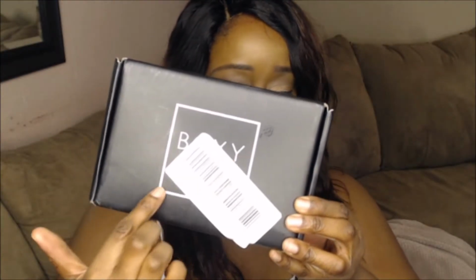Alright y'all, here's the box, and they put this sticker over it. This is gonna be an unboxing and a little rant because I'm upset. But I'm gonna start opening the box as I talk. You all, I live in Illinois, and I